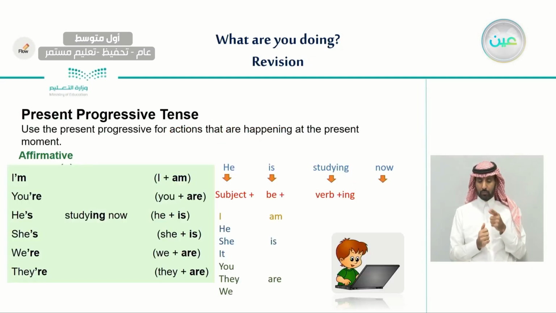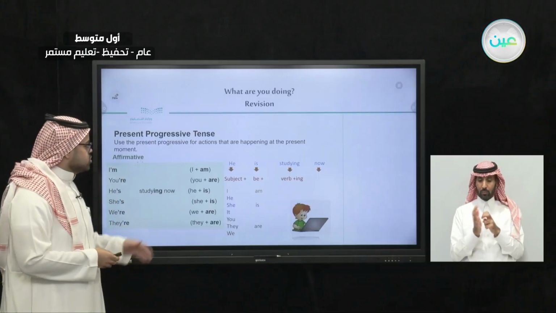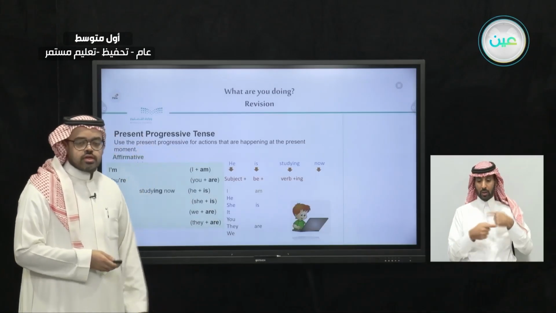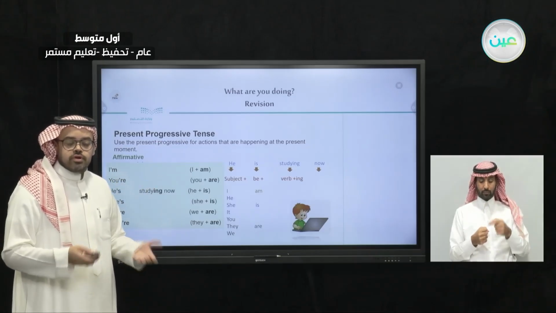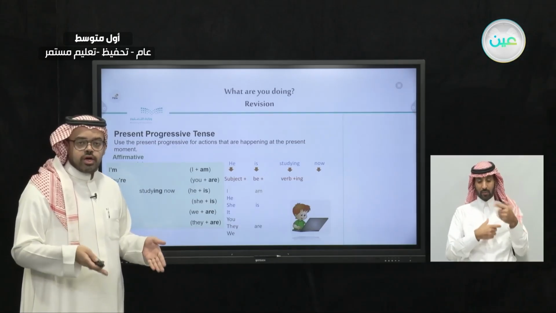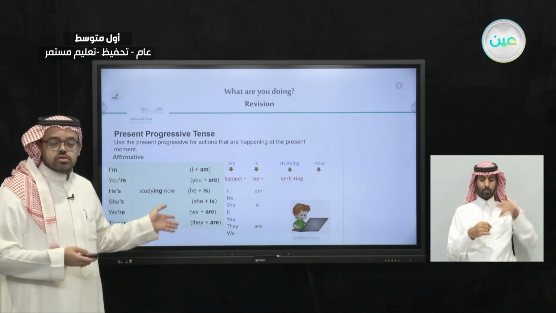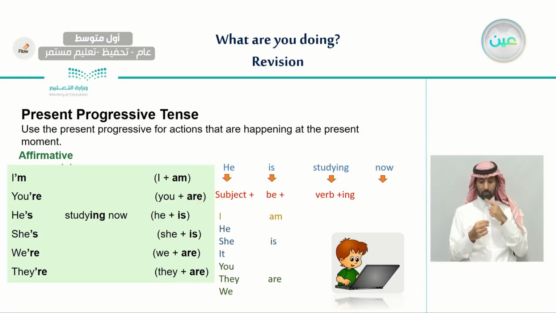So just to review our last lesson, we had a new grammar rule which talks about the present progressive tense. And we said that in the present progressive tense, we use the verbs for the actions that are happening right now. And we showed some examples. And we said that we can start either with contractions. We use the subject and the verb to be, and also the verb that we added an -ing to. And we said that each subject has its own verb to be.